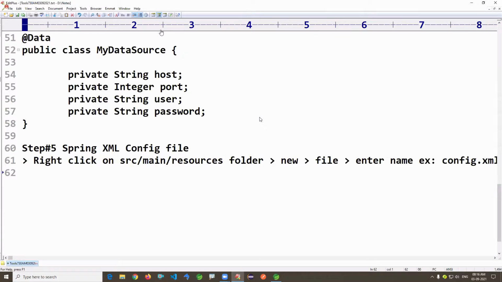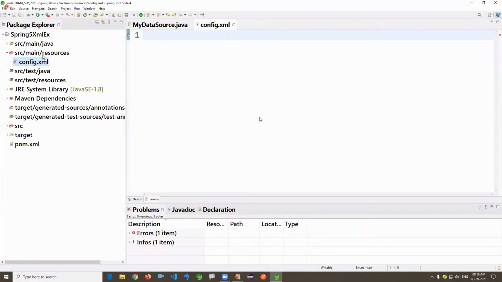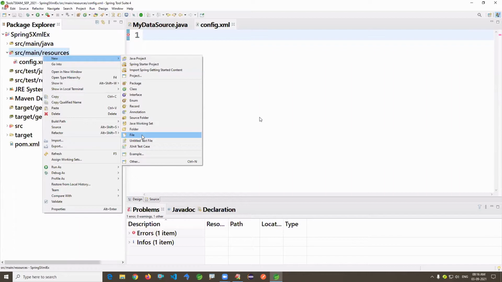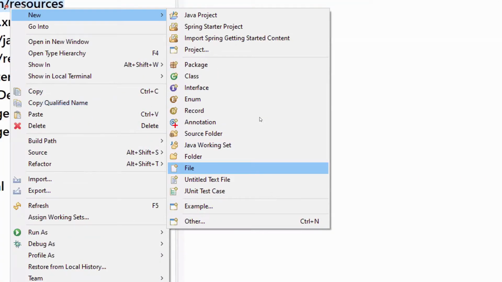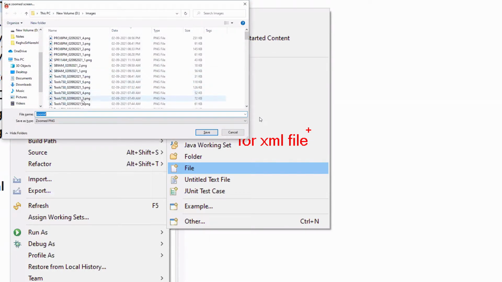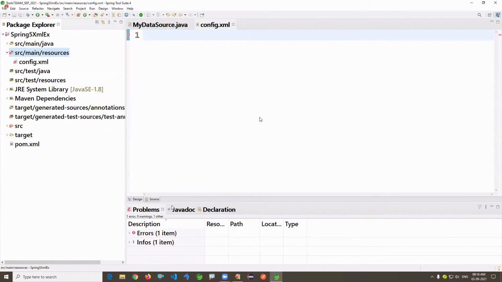Once you create the file here, for the XML file, click on the source option.